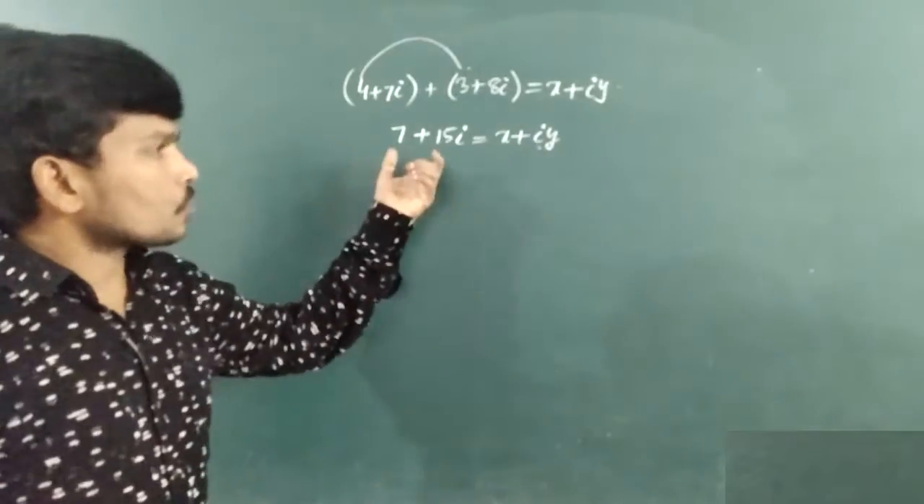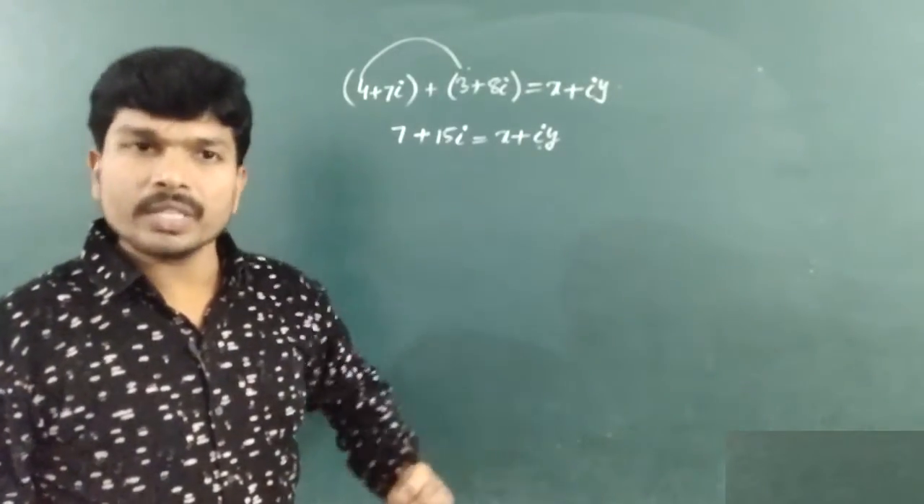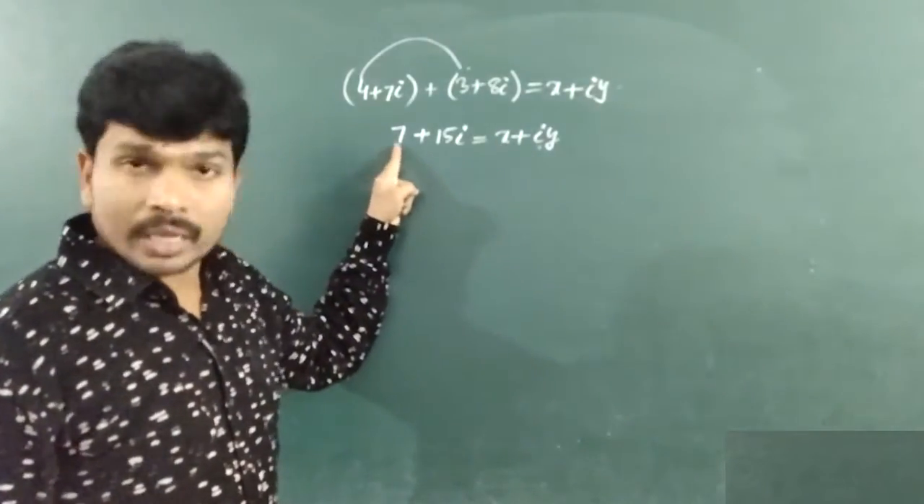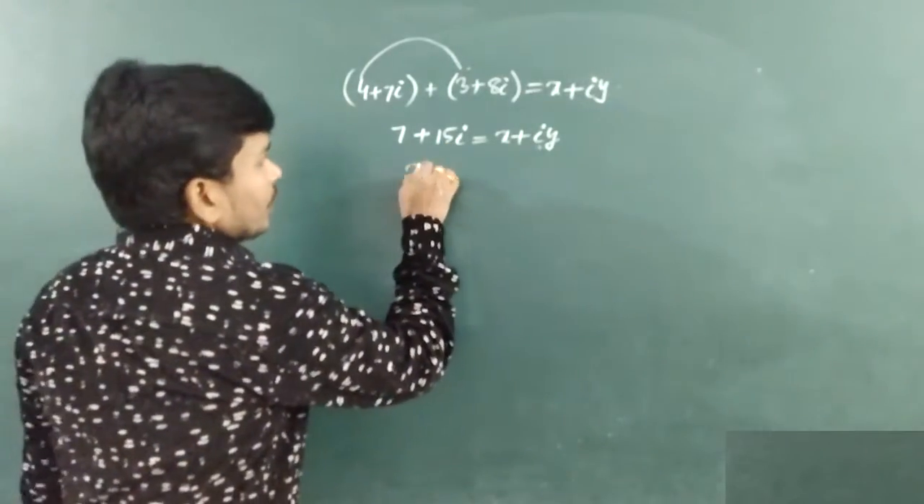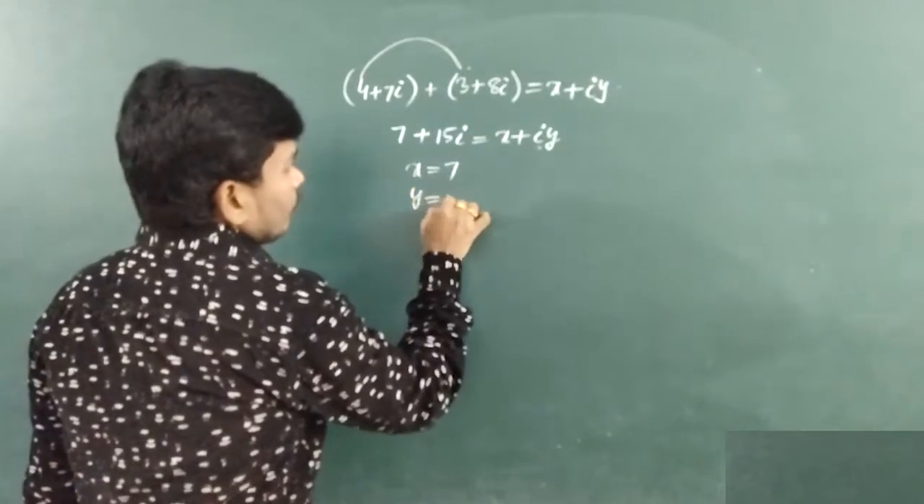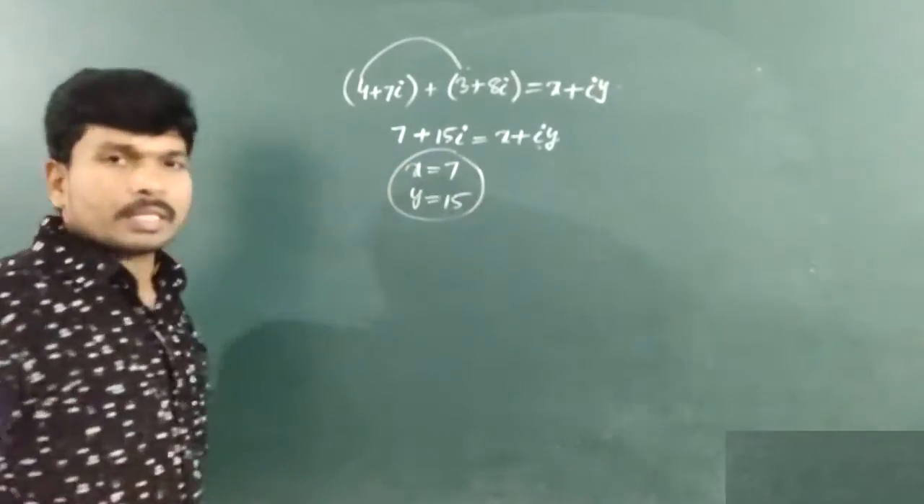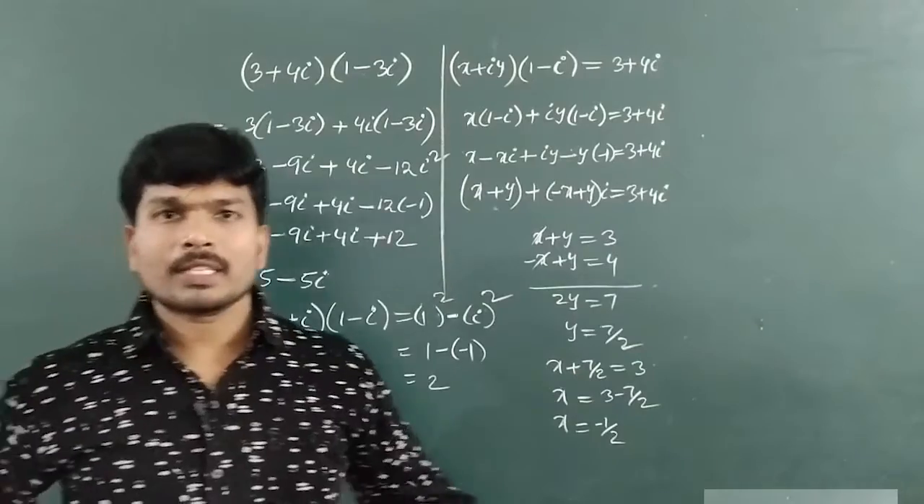What is the x value? These two are equal, no? What is the meaning of it? Real parts are equal to real parts. Imaginary parts are equal to imaginary parts. So x equal to 7, y equal to 15 are your answers. Okay, good. Next objective is